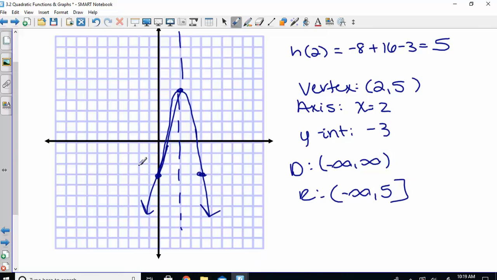Okay. This is where I want to stop. There is a math Excel